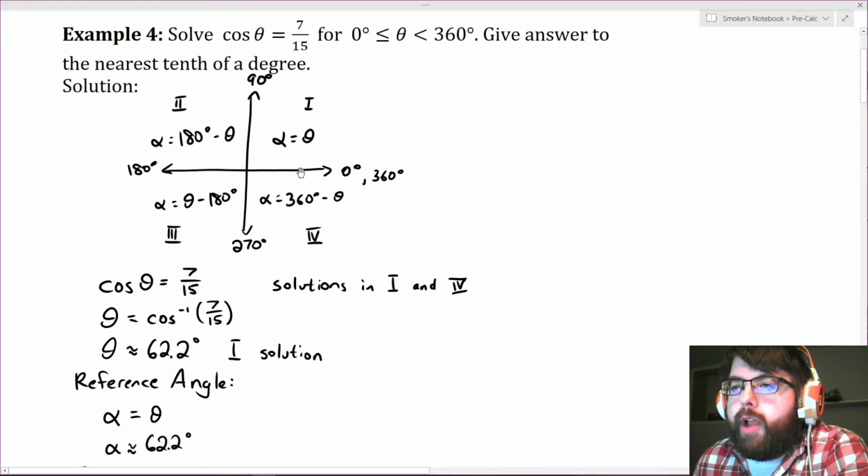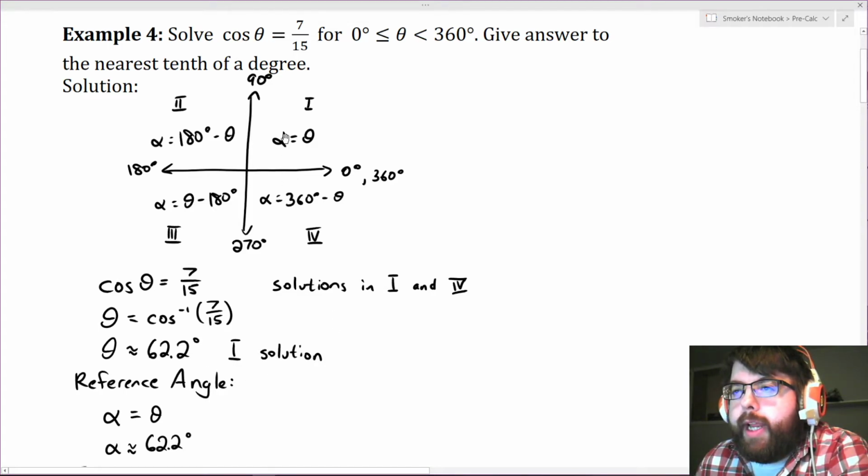Cosine will go through every value between 0 and 1. It's going to start at 1, then it'll go to 0 at 90 because the x value is 0, and then it's going to go to negative 1, and then it's going to go to 0, and then it's going to go back to 1. So every value between 0 and 1